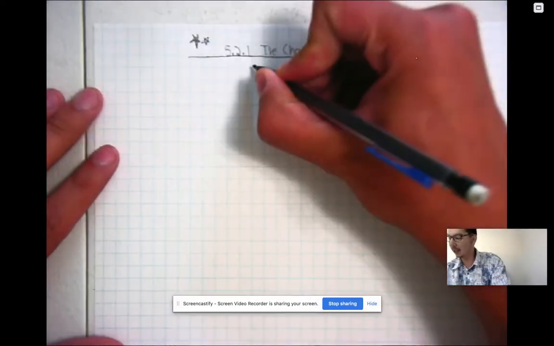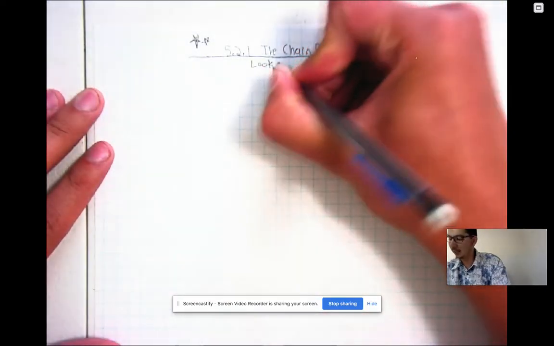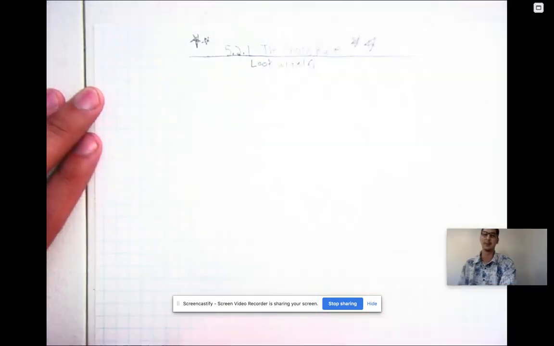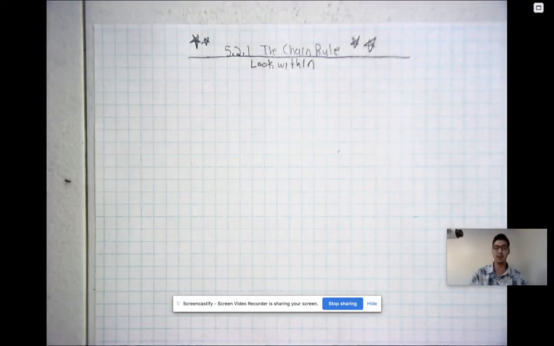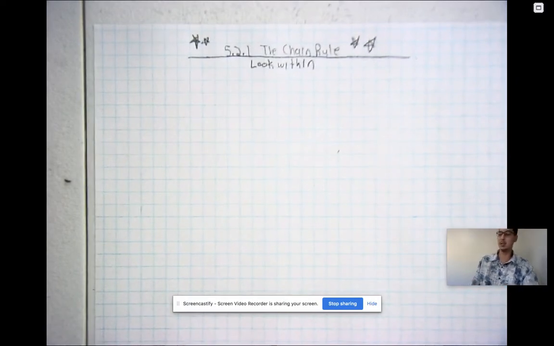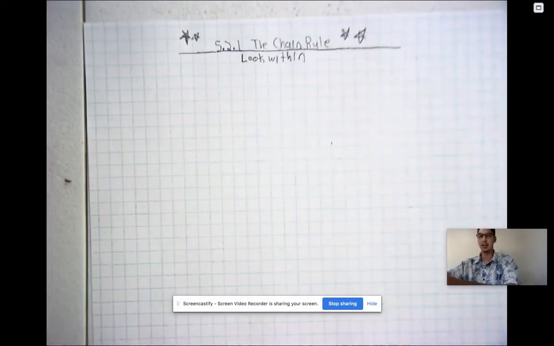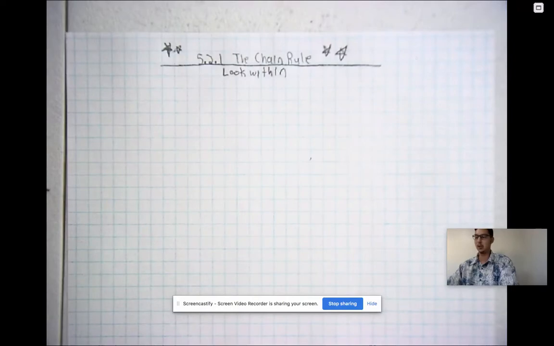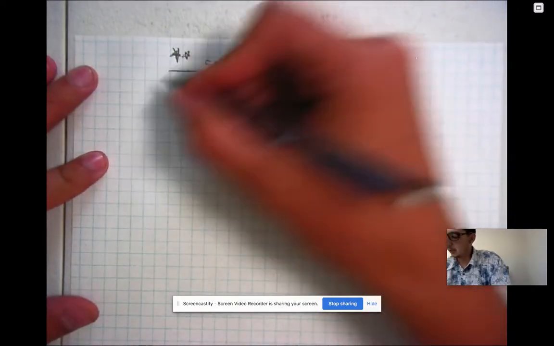Look within is the key here. And this, just like the last video on the product rule, is just as important, where you will be using this quite a bit. And believe it or not, you've already been using it in a way. So here we go. I need to adjust my settings. So the chain rule, and what it says is, for a function,